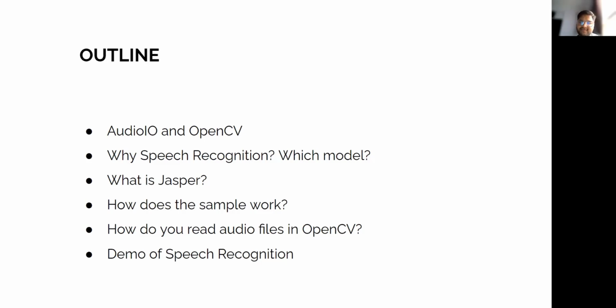Then we'll look into the Jasper model, which is the model that we use. Then we'll see how the sample that I coded works. And then we'll move on to the code of how you read audio files in OpenCV. Then we'll finish with a short demo of speech recognition where we'll take a short audio file and transcribe